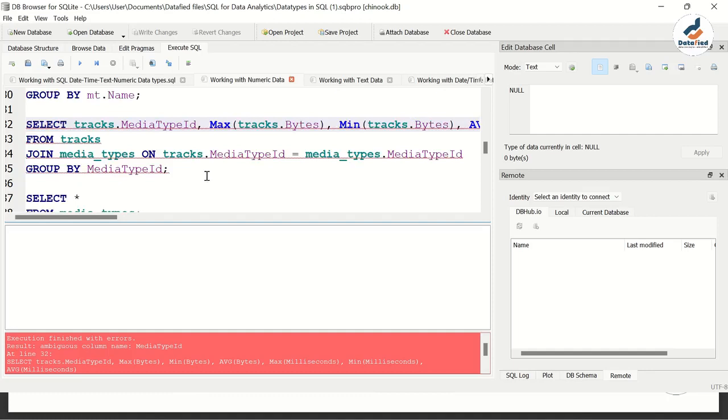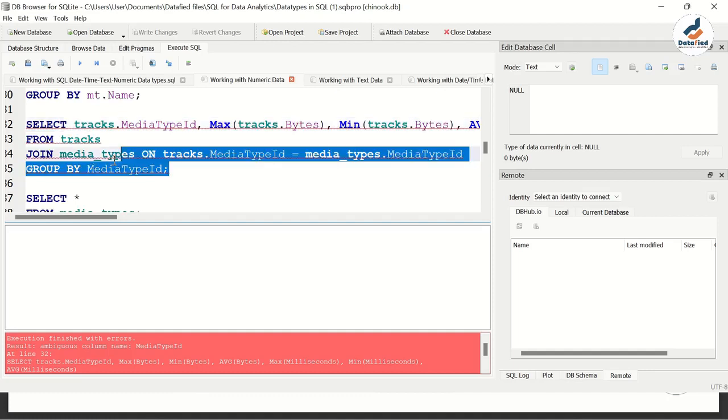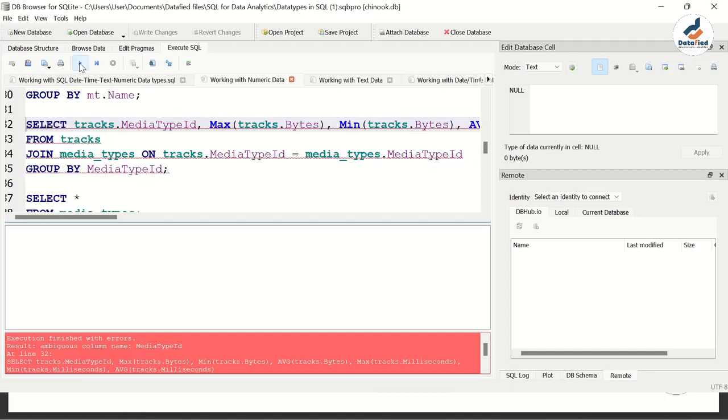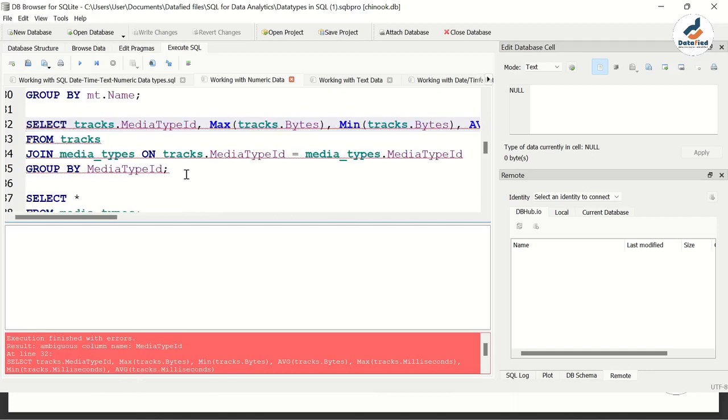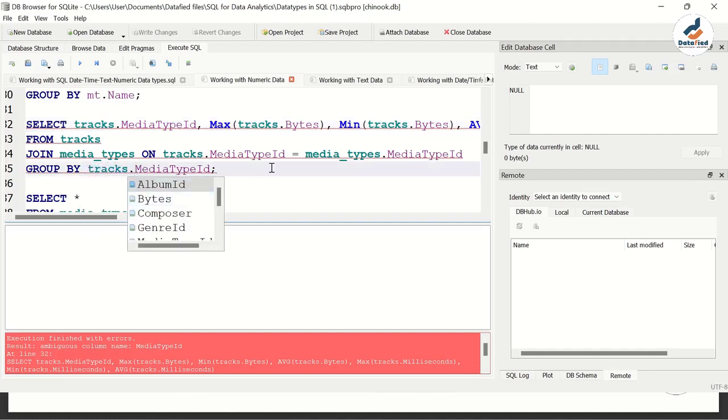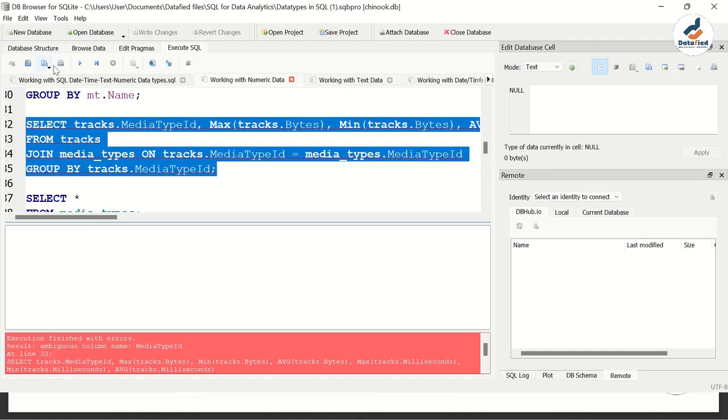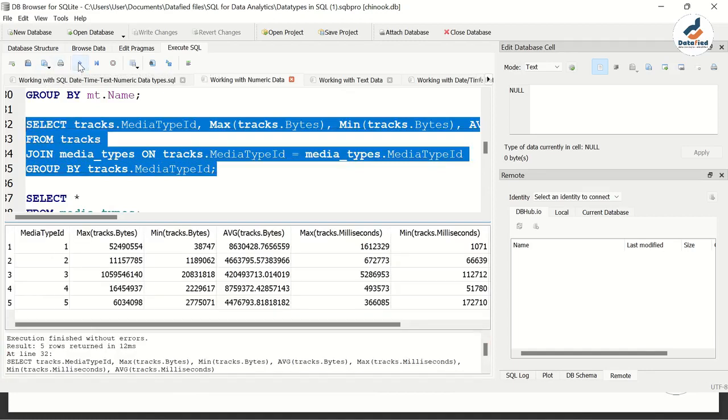Okay, hopefully our query will run now. Okay, one more. Ambiguous media type. Is there any media type that we've not actually captured? Oh, here we are grouping by tracks dot media types. Please bear with me. Tracks dot media types. So right now, this query should run hopefully. Okay, so amazing. As you can see, we've been able to run the query,